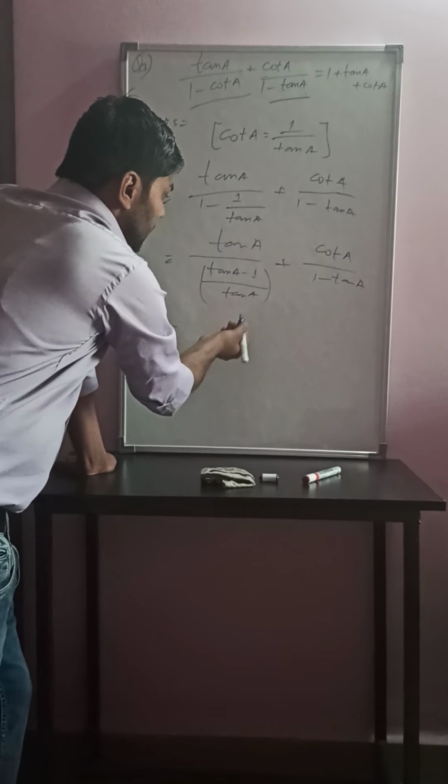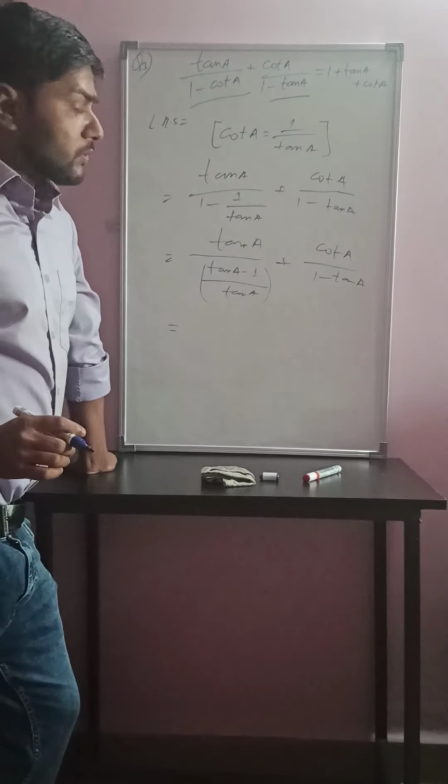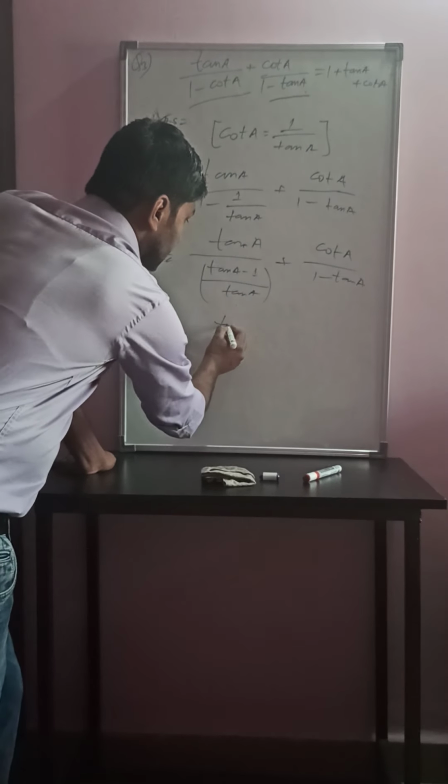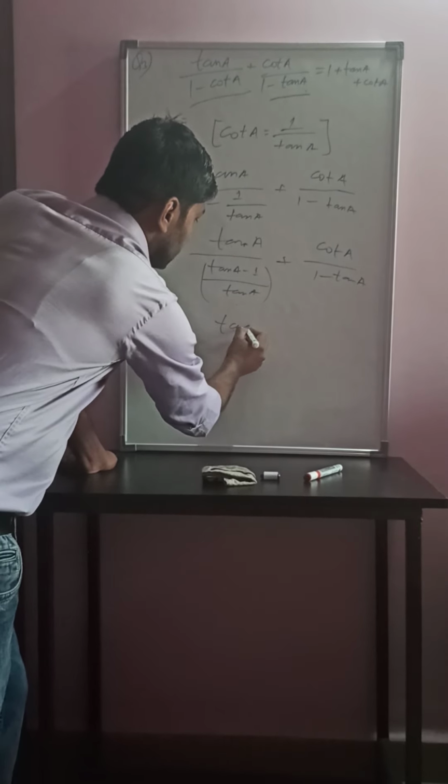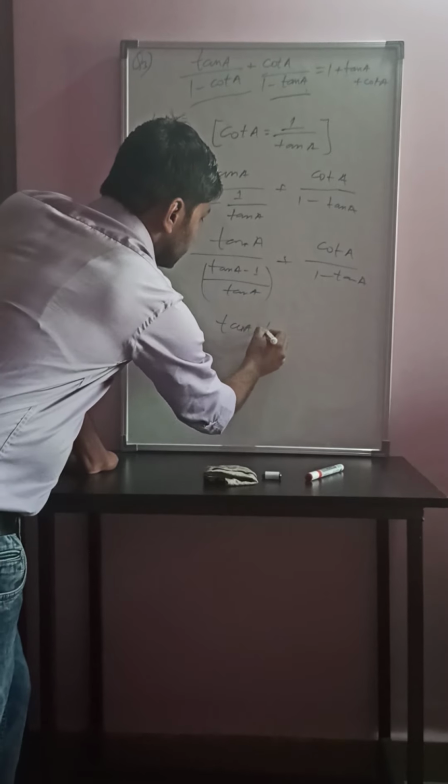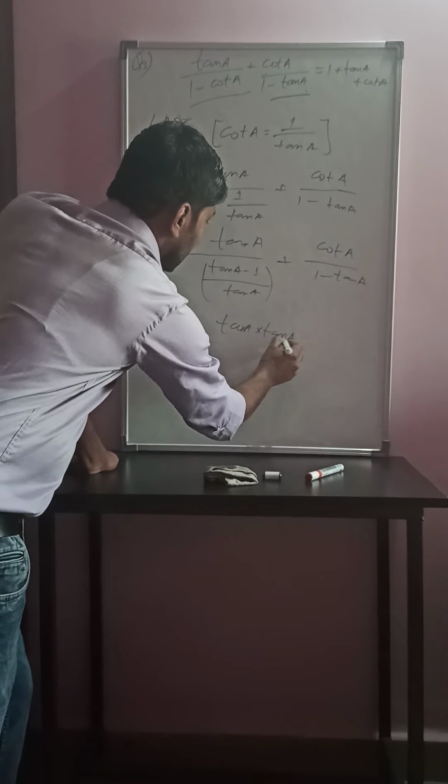So tan A into tan A, both will be tan A square, so it will be tan A into tan A divided by